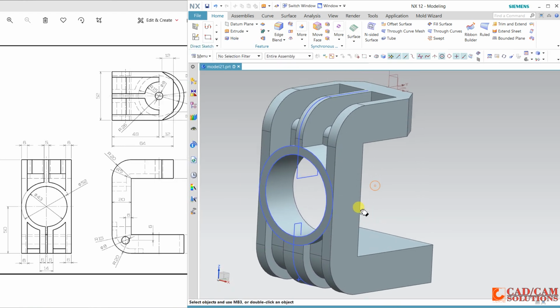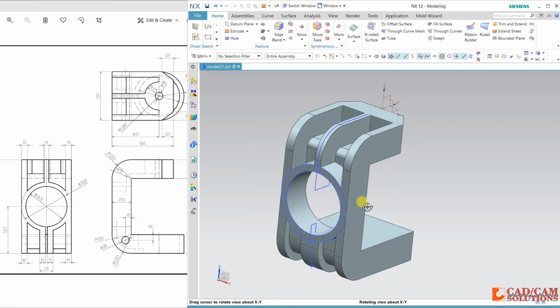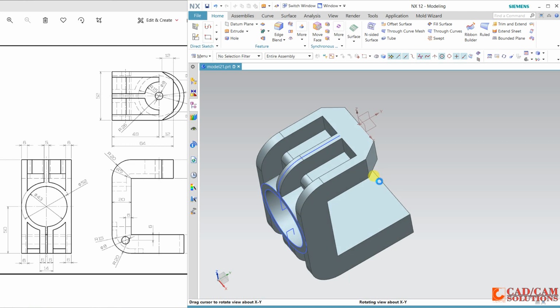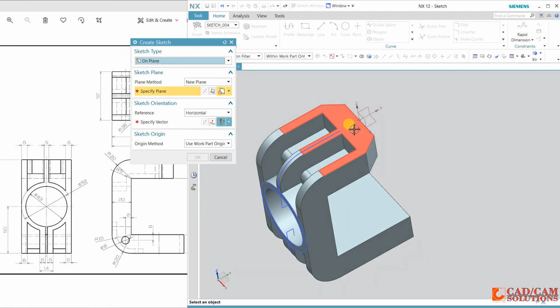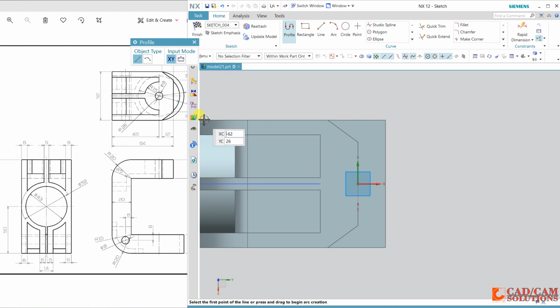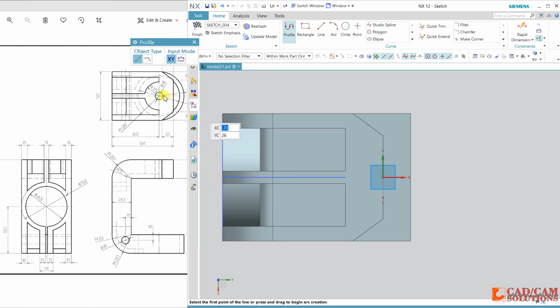Okay, now on the upper face, select this upper face, and here we have to draw this small circle, which is at this point.